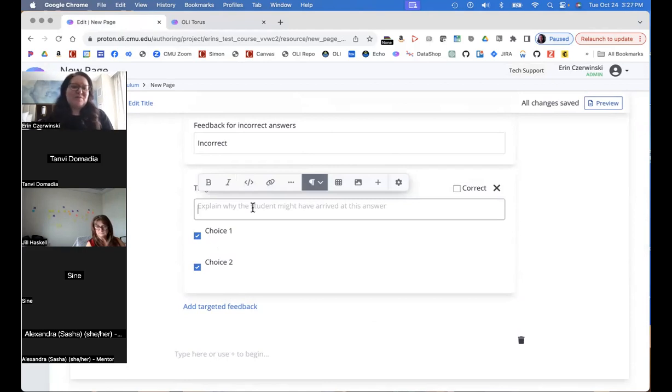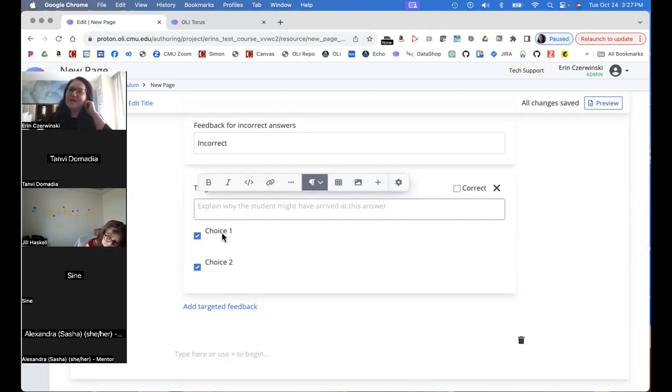That's why I try and tell people not to do it. Because you can imagine there's different processes going on for students if they selected choice A and B versus ABC versus B and C. There's different misconceptions that they would be having selecting those different options.